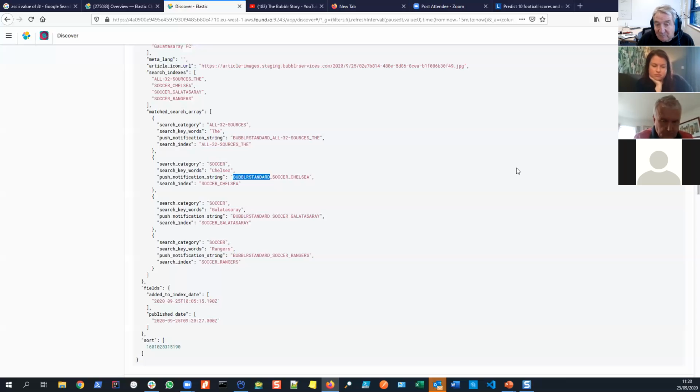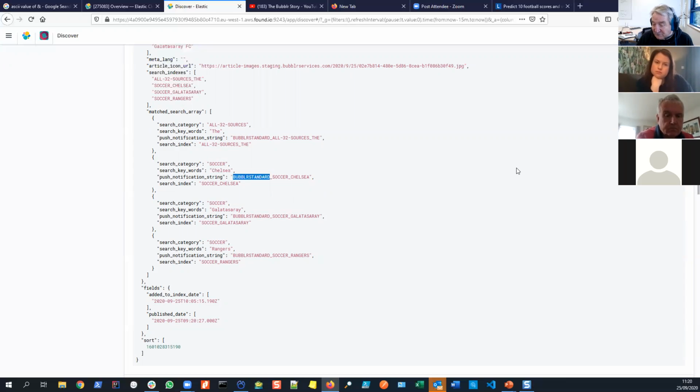One of the fundamental principles of how the apps work is the end user's in complete control. We all have certain sources we don't really want to hear anything from, like the Daily Mail. You can block the Daily Mail, and that's it. That's fine. But we also give influencers the opportunity to say, do you know what? I really don't want Breitbart.